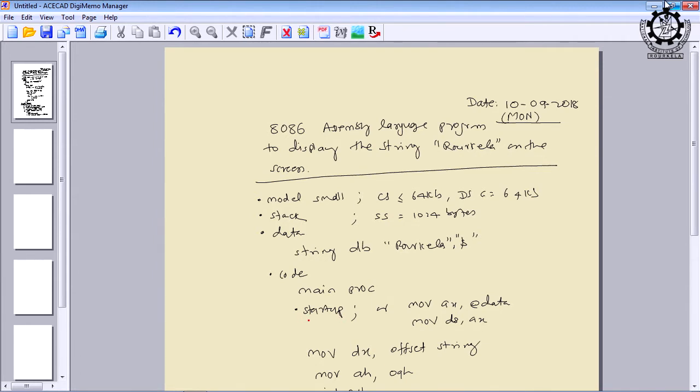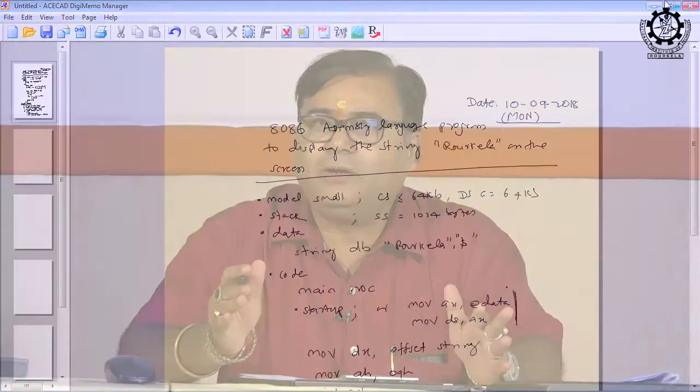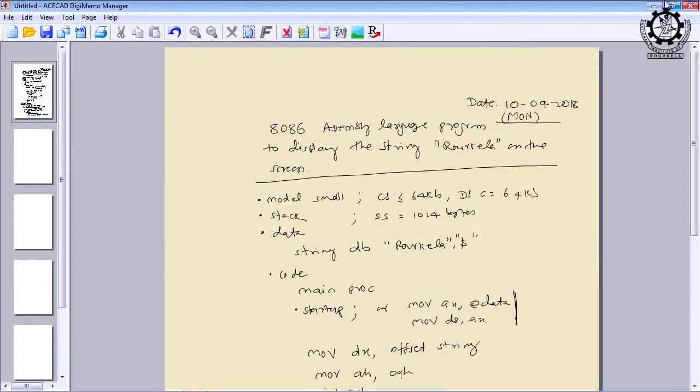From this dot and from this reserved word startup, the assembler will understand that these two lines of code are written. Either you can write these two instructions explicitly, or you can write .startup. So, the meaning is MOV AX, @data. That means you have to load a system value which will work as the offset, and that will be loaded into AX. Then AX will be transferred to DS. What is DS?